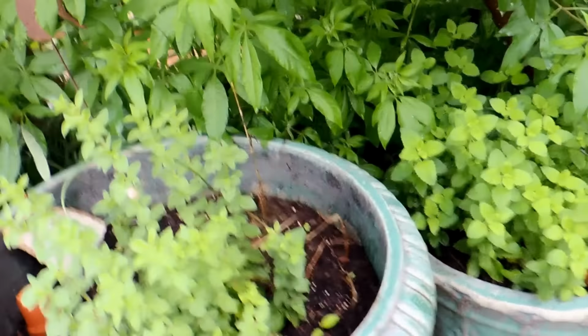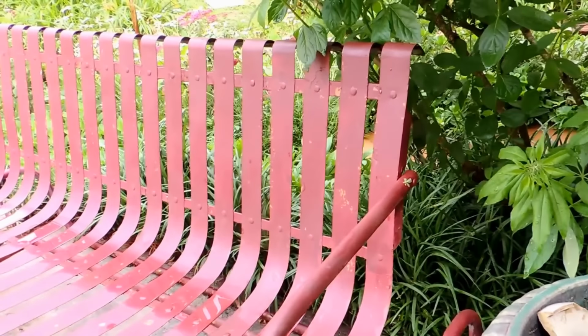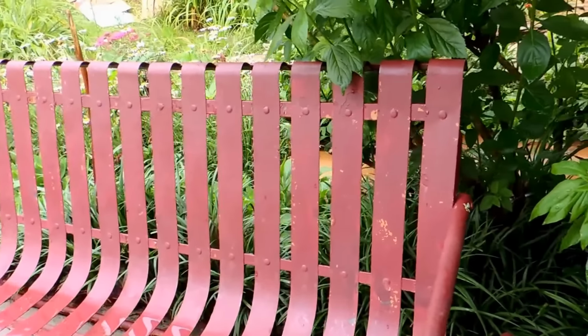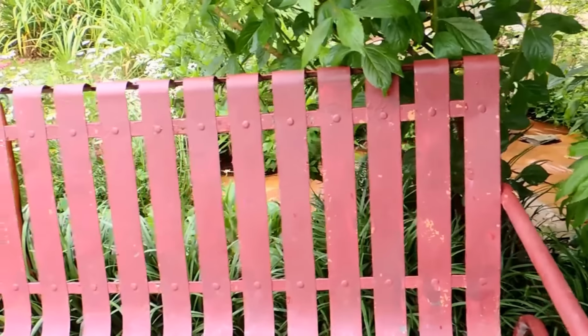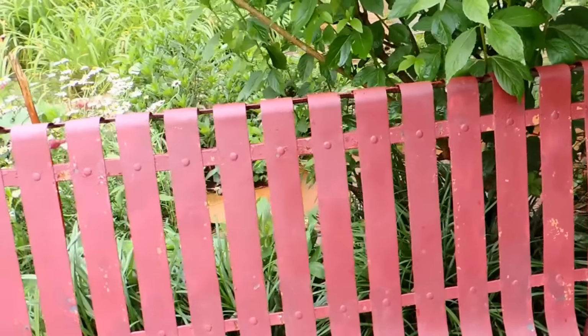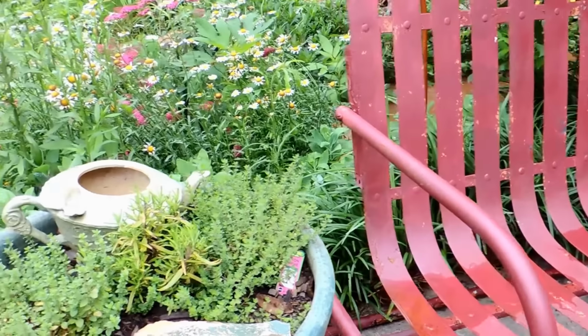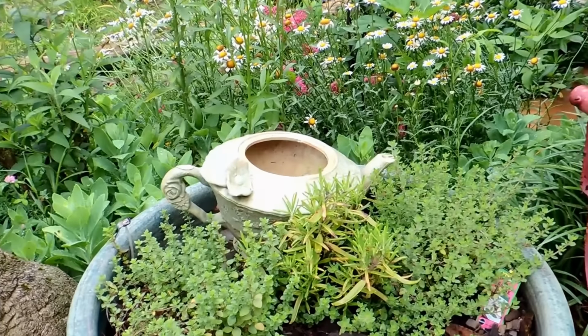I wanted to put nice smelling things next to this old bench, and this was a chippy old bench. I kept it that way for years, and then I decided I just really needed something bright here. So my husband sort of sanded it down. Oh, don't be shocked, but he did. He sanded it down. Believe me, it'll get chippy again. It's already doing it. And then we painted it this red, which is the same color as the trim on our house. But I wanted nice smelling herbs next to it, and that's why I put thyme,